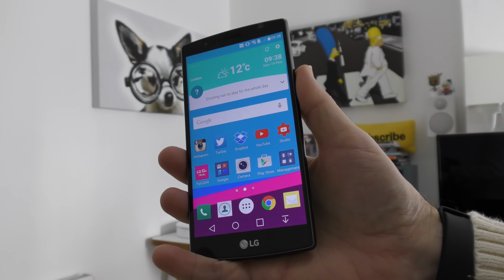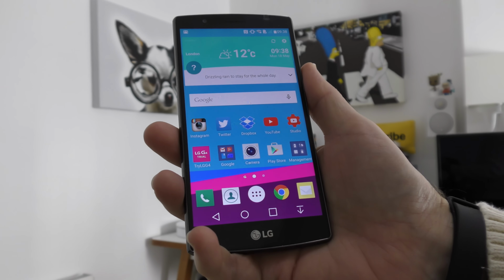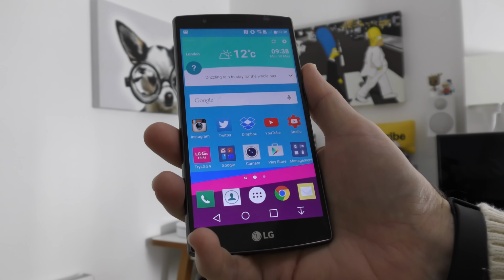This is LG's flagship smartphone for 2015. It's got some great specifications, and if you want to check out my unboxing and first impressions video, I run through all of the main features of the phone, including what you get inside the box. Well, in this video, I want to tell you how it's been performing for me and give you my opinion